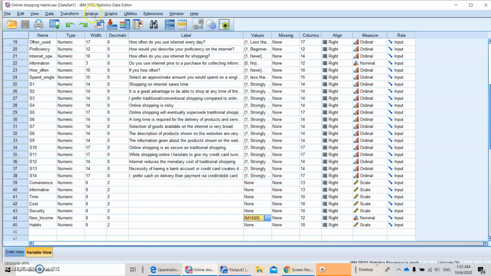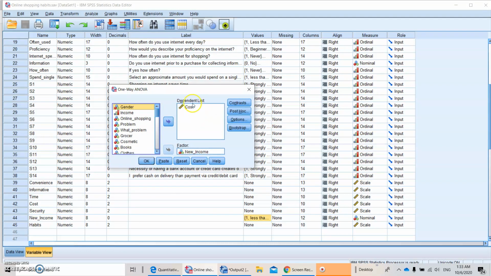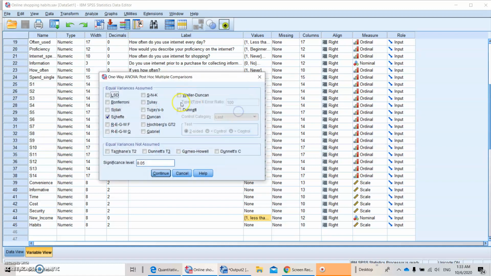So how to do that? Go to analyze, choose compare means, and then choose one way ANOVA. The variable of interest is the cost, and the factor is the new income. Put it here. If you want to do a comparison, if there is a difference, you can choose post hoc.